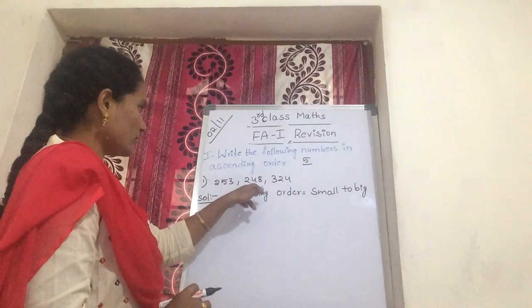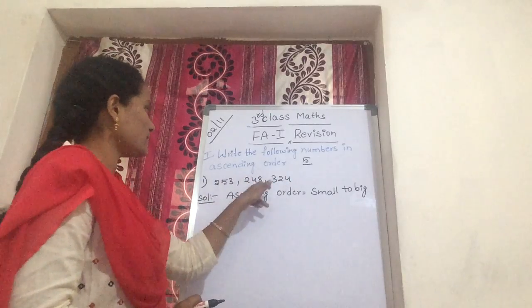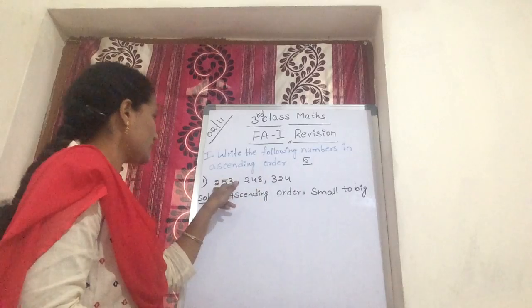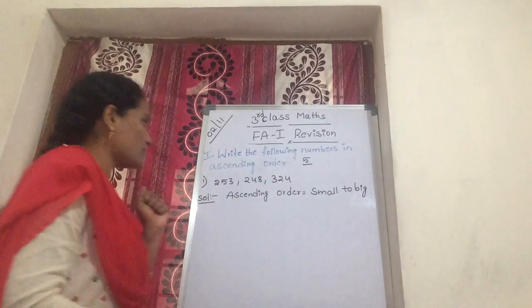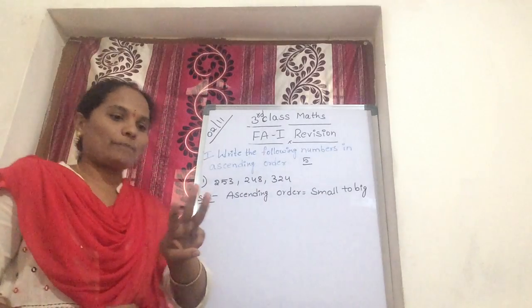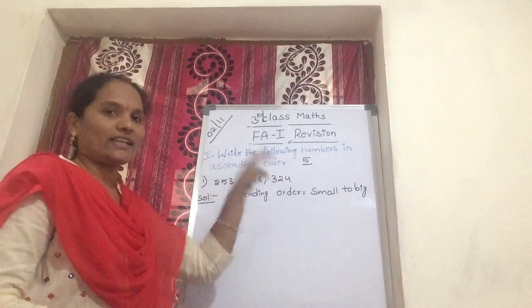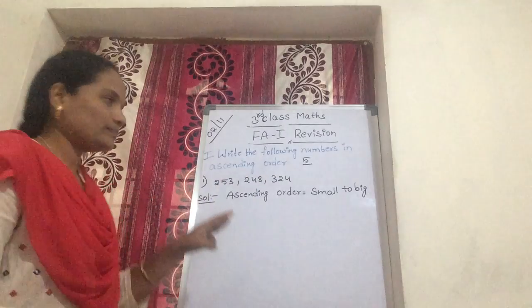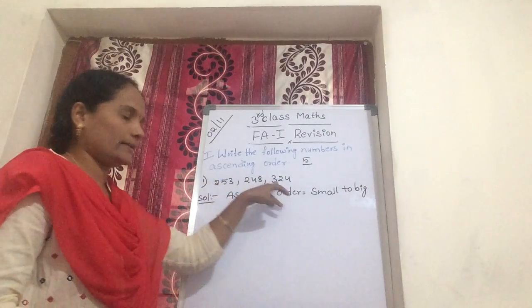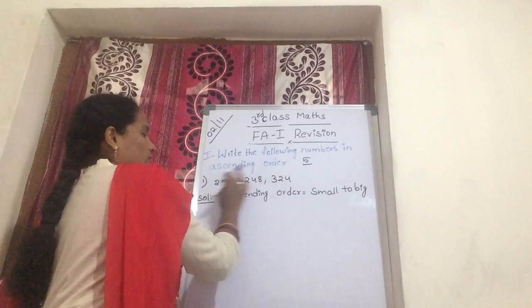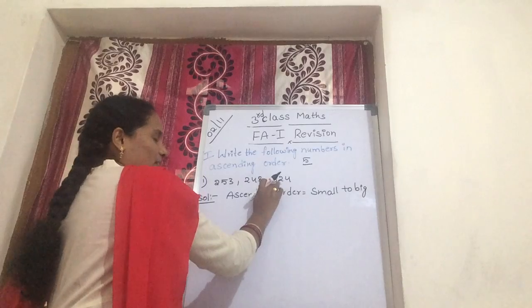Here you get three numbers. Okay. In these three numbers, which one is the small? These three are 3-digit numbers. Every number has 3 digits. So we are checking in the hundreds place. 2, 2, 3. These both are the same, and the 3 is big.